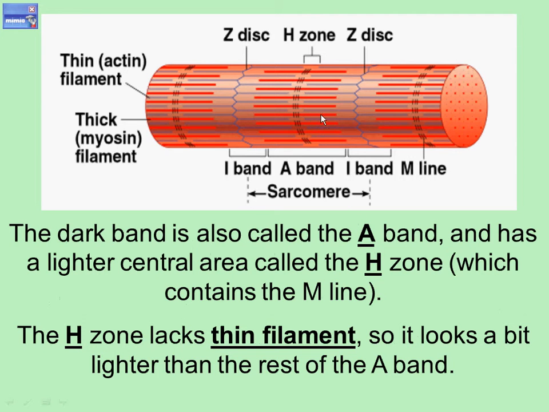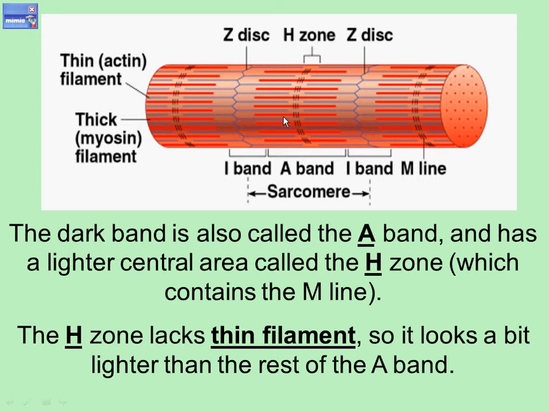The dark band is also called the A band. So this is our A band right here. Notice I have myosin filaments and I have actin filaments in this area. So the presence of both of those proteins, the presence of both of those filaments is what causes this area